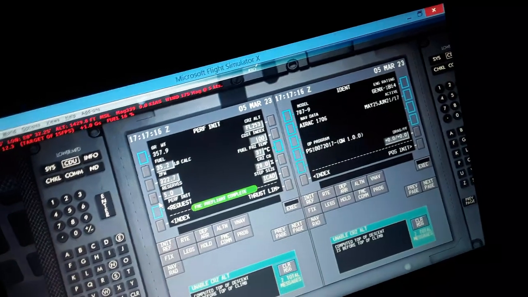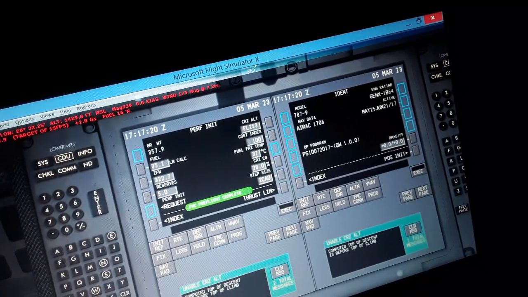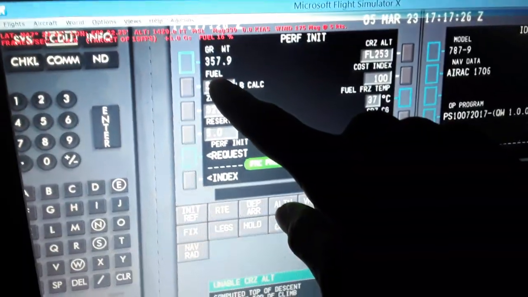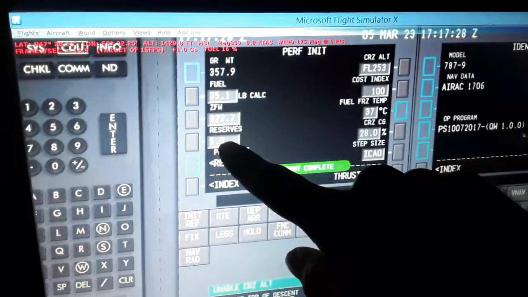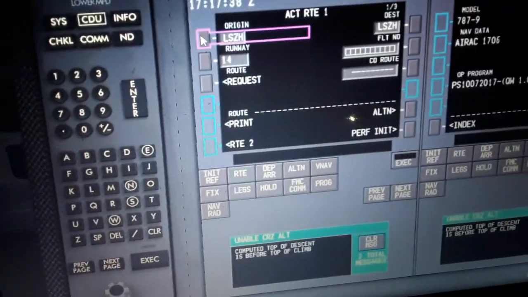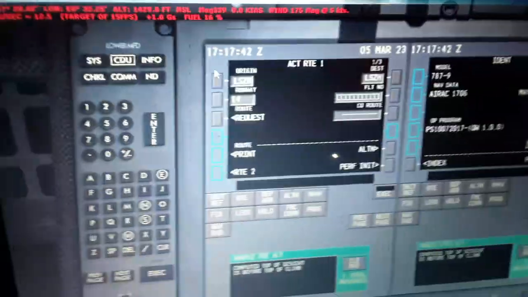performance over here. So we have the performance: gross weight, zero fuel weight plus fuel on board, gross weight, reserves, cruising altitude, cost index, minimum fuel temperature, cruising, center of gravity. We have the route, select the departure here, the origin and the destination, and the runway we use for takeoff